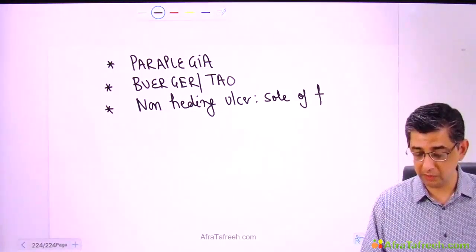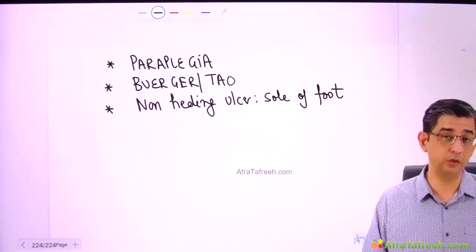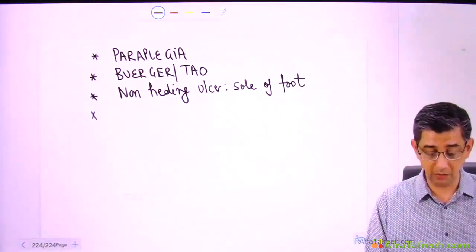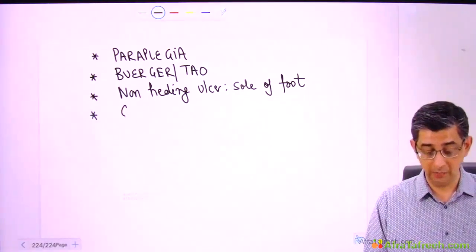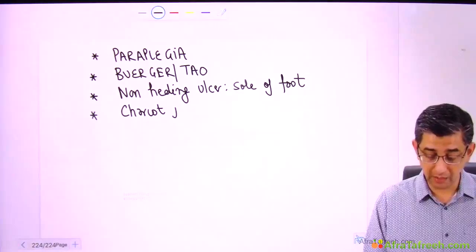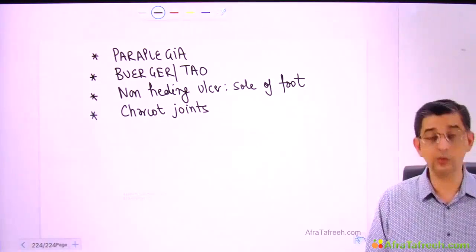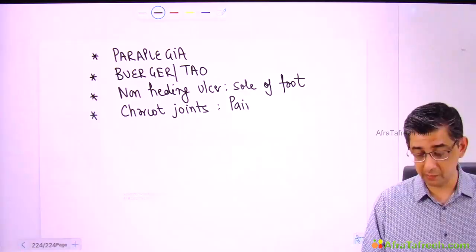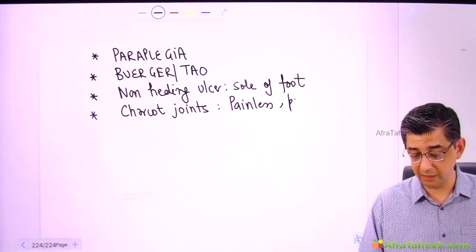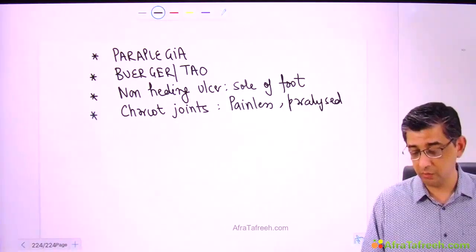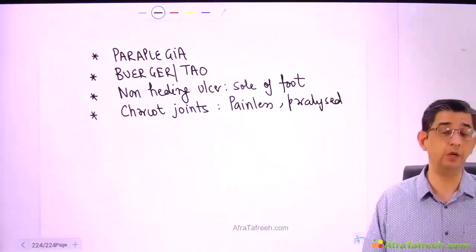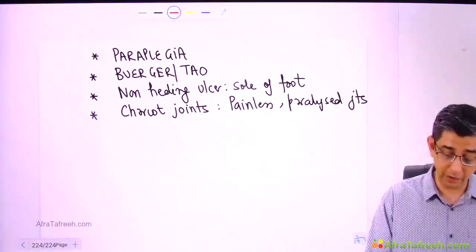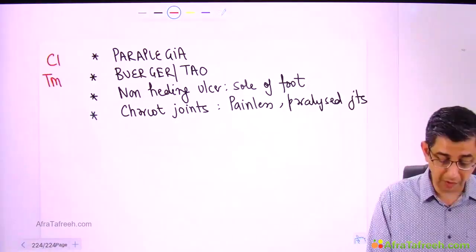You are very well aware that a neuropathic ulcer would either be on the heel or at the metatarsal heads. In those circumstances, again, walking on the treadmill will not be advised. My next patient is again a diabetic, and he has neglected his HbA1c values to the level that he has developed Charcot joints. What are Charcot joints? Charcot joints are painless, paralyzed joints. But what I'm trying to say is there's a deformity in the foot of the person, and due to deformity, there's a probability of falling, and that might cause even a head injury in a person.